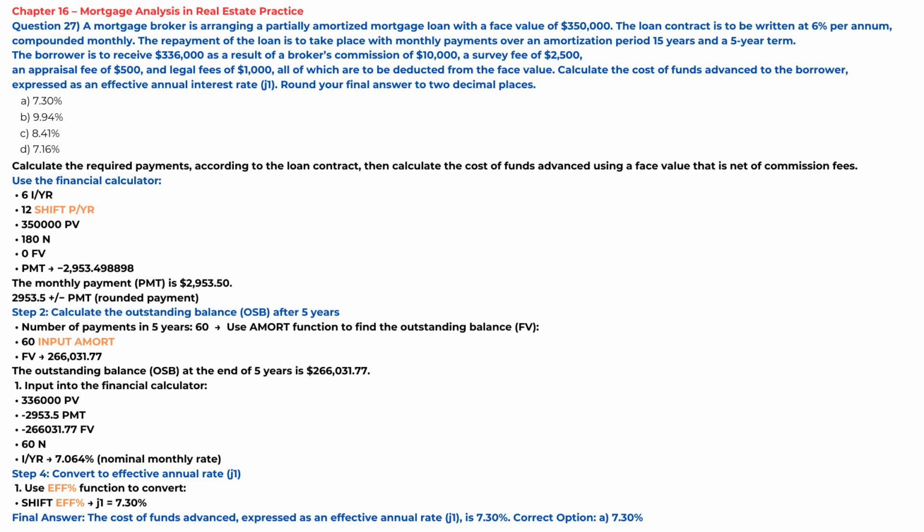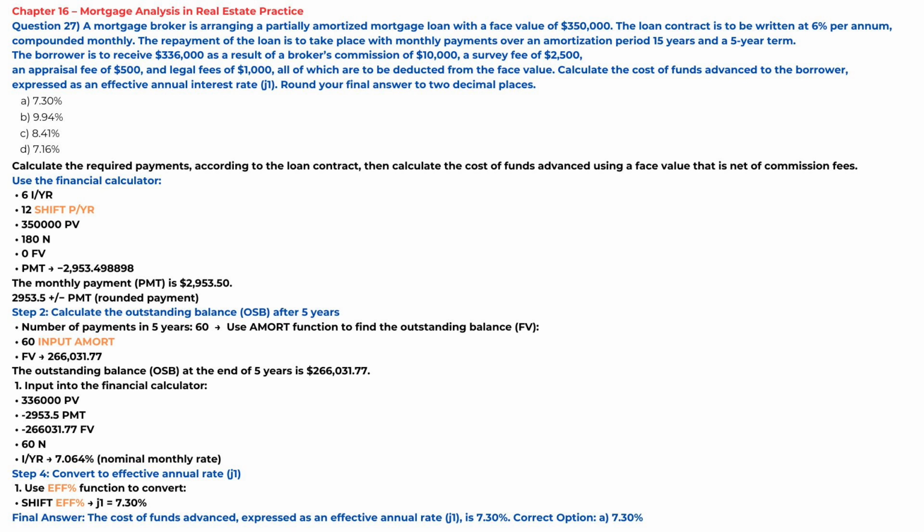Question 27. A mortgage broker is arranging a partially amortized mortgage loan with a face value of $350,000. The loan contract is to be written at 6% per annum, compounded monthly. The repayment of the loan is to take place with monthly payments over an amortization period of 15 years and a 5-year term. The borrower is to receive $336,000 as a result of a broker's commission of $10,000, a survey fee